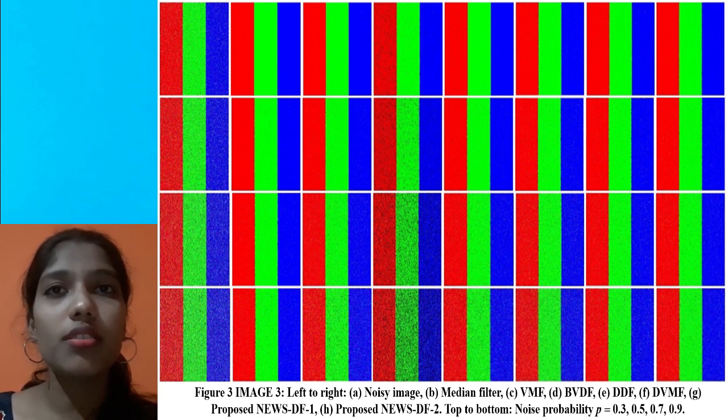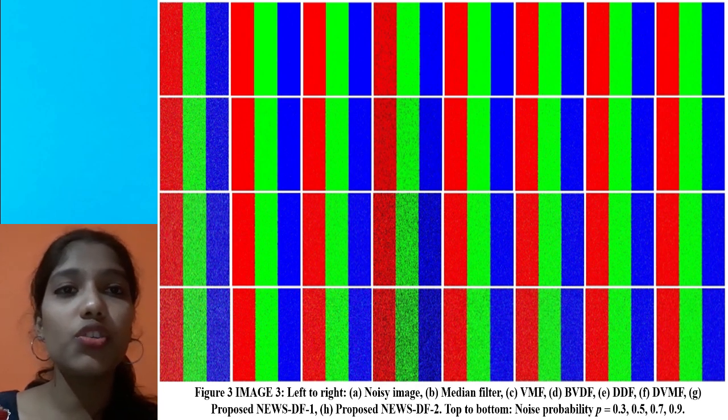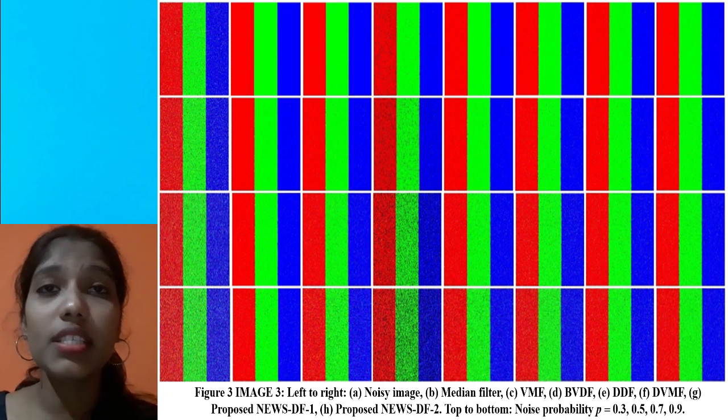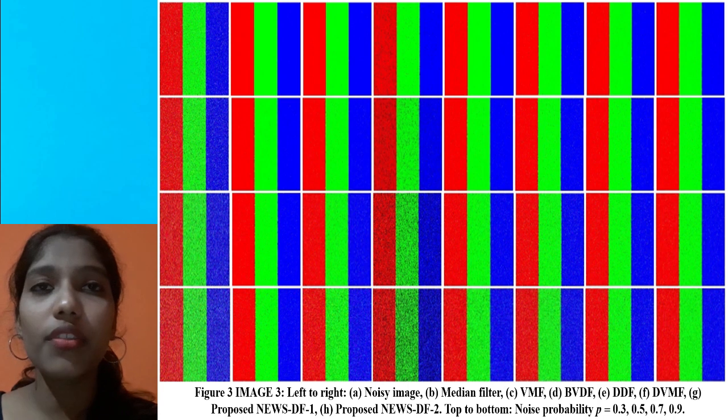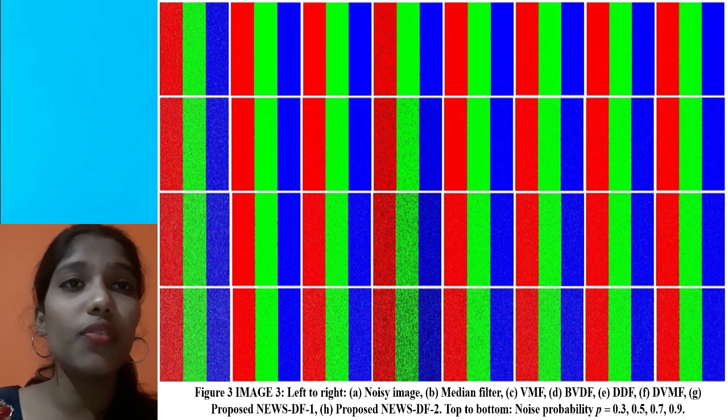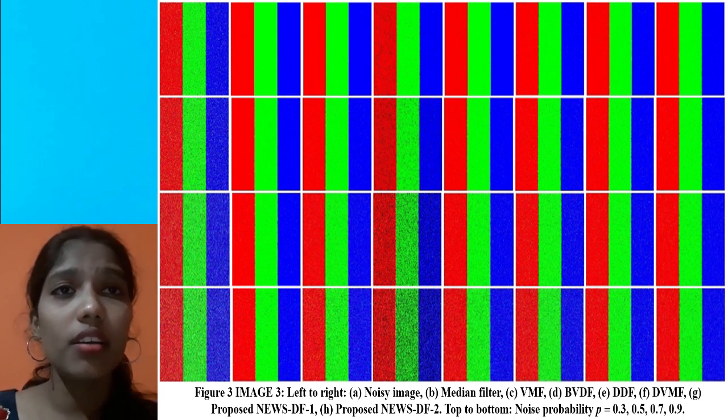This picture is a combination of red, green, blue colors. So we can see the filtering, in what color component it's performing well. As you can see, the BVD is not performing well on this image, but our proposed filtered images, the proposed variant filtered images, perform very nicely, favorably with all other conventional methods. The three colors red, green, blue have all been filtered in the proposed methods' images.